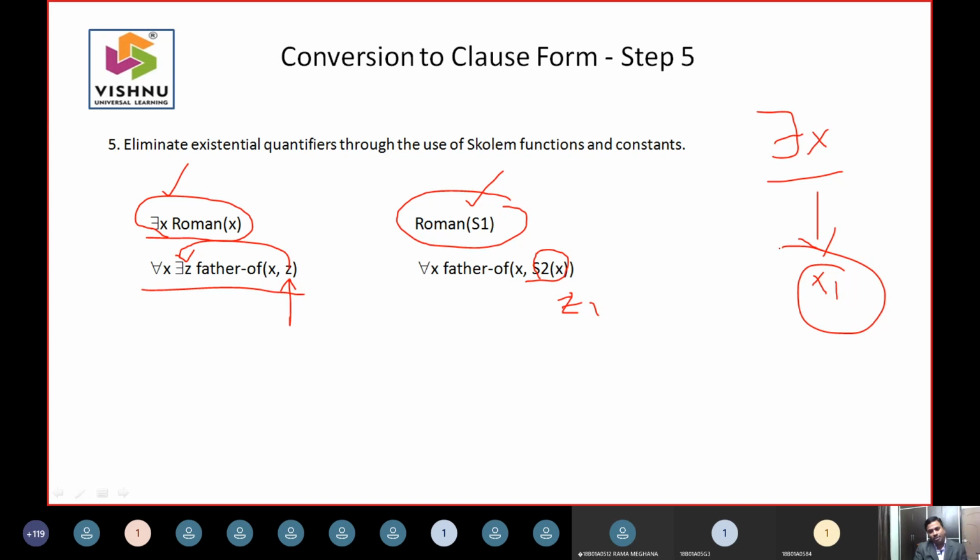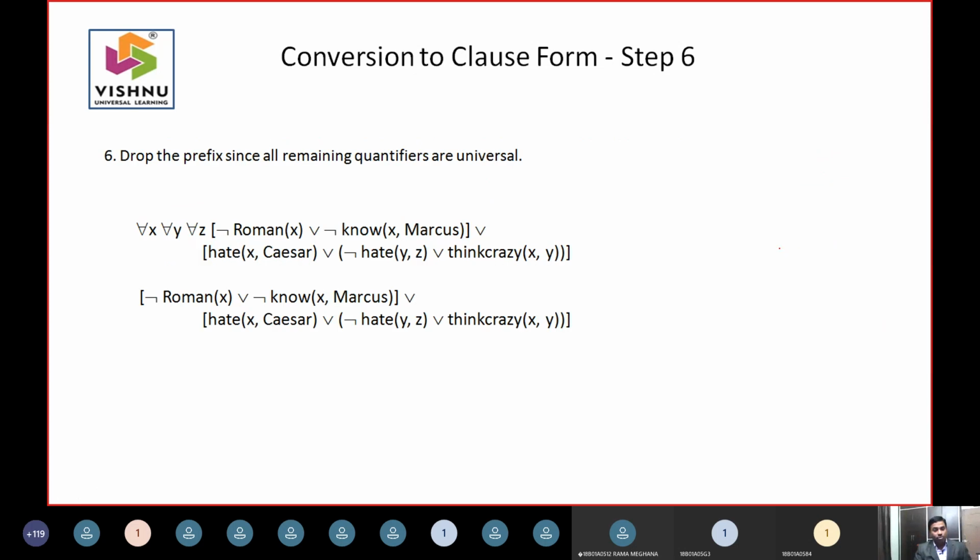Marcus was loyal to Caesar? So they are talking about only two persons. Even though your knowledge is general, your question is very specific, so obviously all these values can be removed. So you have a sixth rule saying that for all can be removed. Drop all the prefixes. Indirectly, what they are trying to do is that the universal quantifiers can be removed straight away. All these that are coming from the last five steps can be removed, and you go to the next procedure.